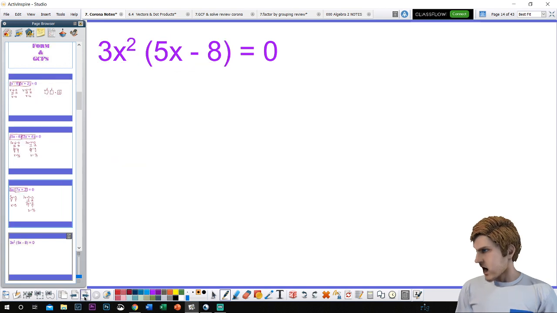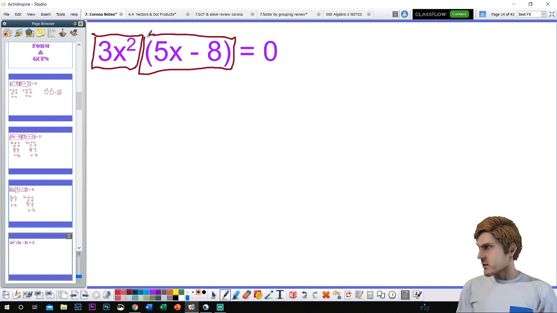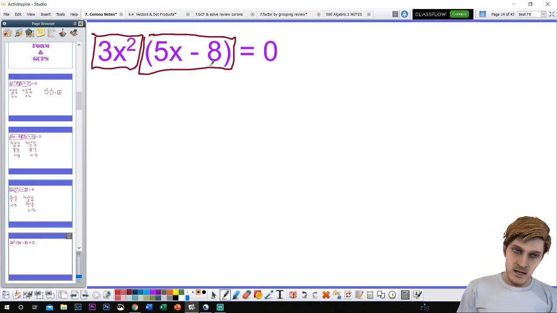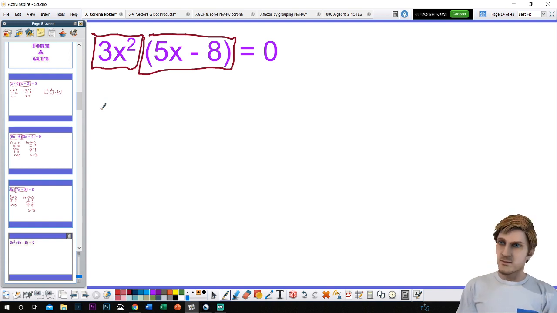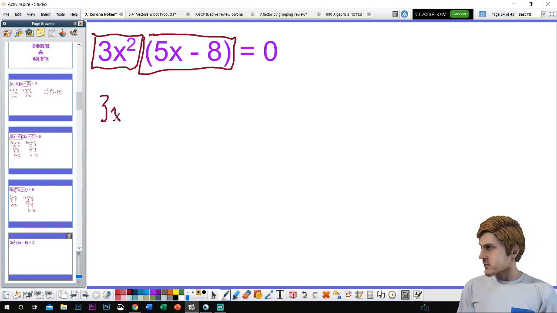Alright, let's move on to something that looks even trickier but really is not. Just like before, we're going to set each of these things equal to 0. Don't distribute through. A lot of people get excited because they see that you could do distribution there. Yes, you could, but that's going to do no good for you at all. It will make it more difficult for you to solve. So, since it's in factored form, the easiest thing to do is set both of them equal to 0